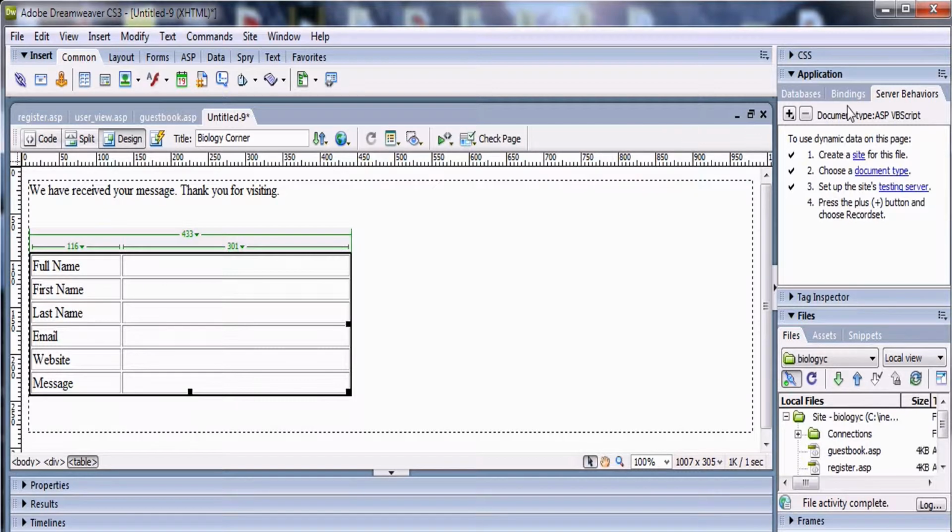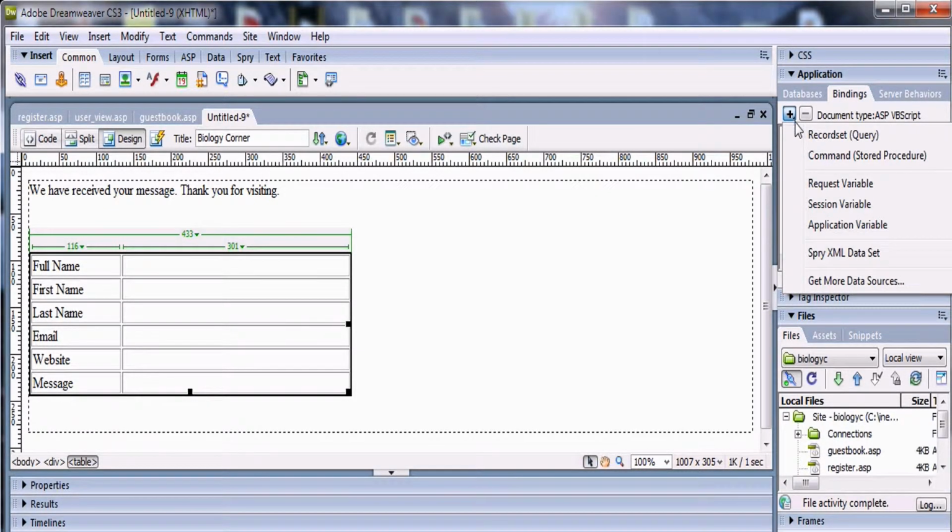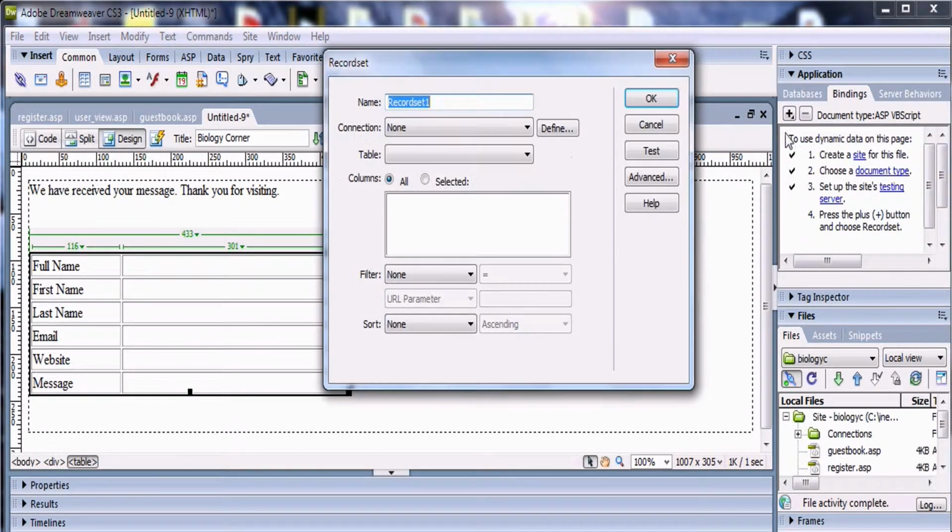Now go to binding and click on the plus sign button and click on record set.